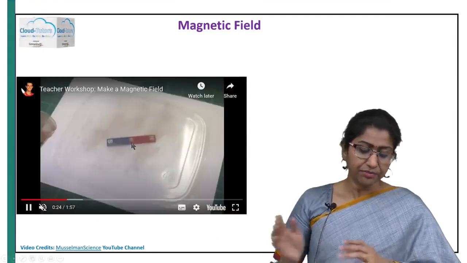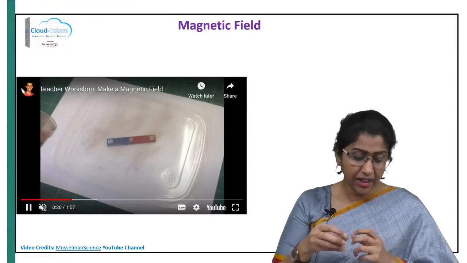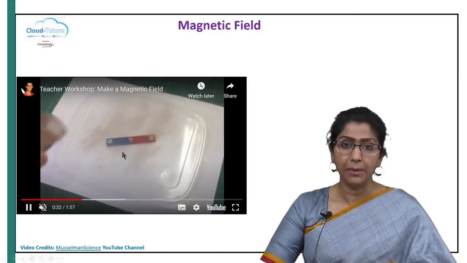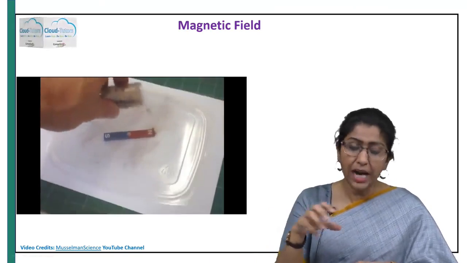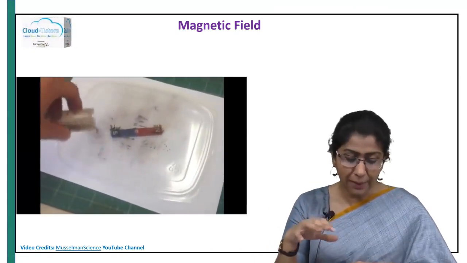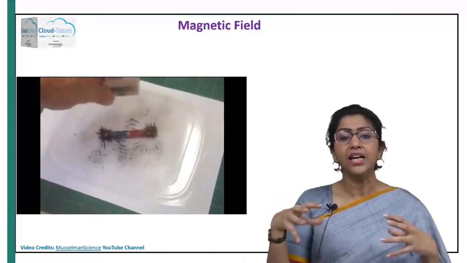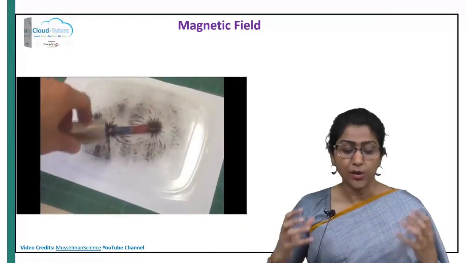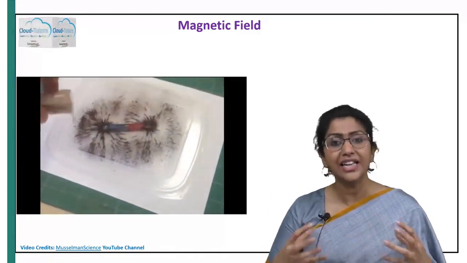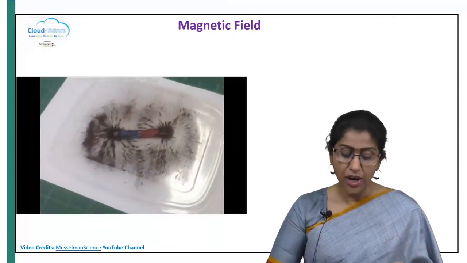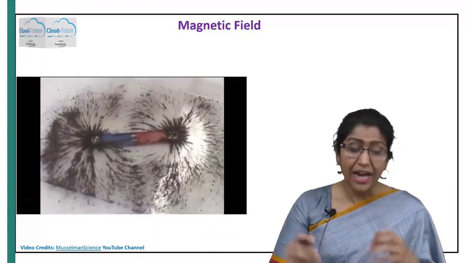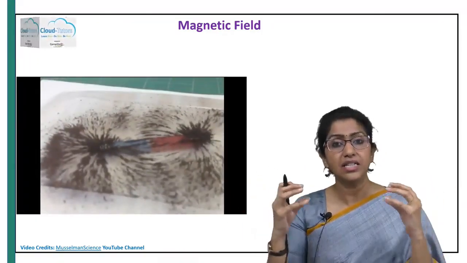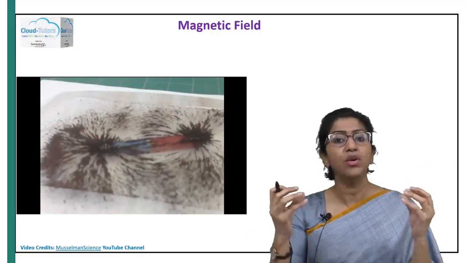You see that we have taken a bar magnet here and we need to put the iron filings over the bar magnet, right? So when I pour the iron filings over the bar magnet, what is happening? You see that they are not randomly sprinkled onto the bar magnet, but there is a pattern to it. What is this pattern? It gives us the direction of the magnetic field, and also you notice that around the poles of the bar magnet, what do you notice? The iron filings have stuck onto it more closely, as in more densely.